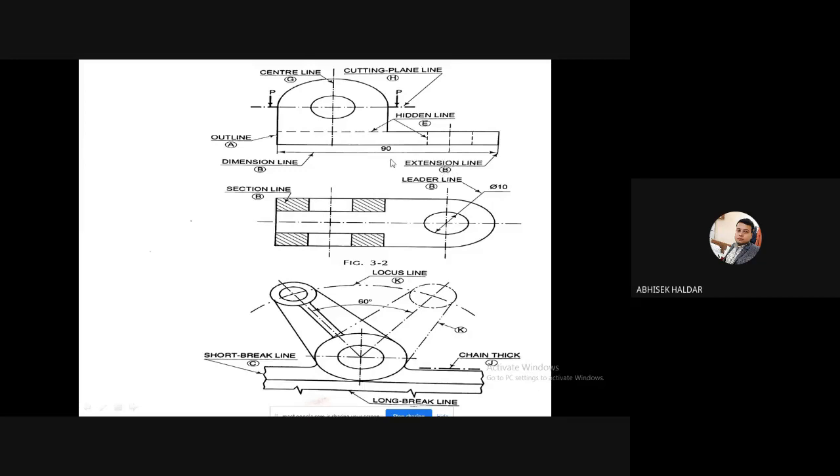And in between I am placing another horizontal line, you can see, with arrowheads at the two ends. That line will be horizontal, above which I am writing the dimension, not below. Above it I am writing 90. Written 90 means the length is 90 millimeter by default. So this horizontal line, above which I write the dimension at the middle, is my dimension line. That is called dimension line. Fine. So this dimension line and extension line, is there any doubt?